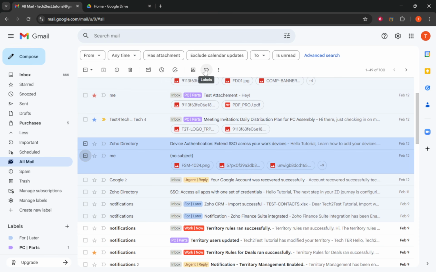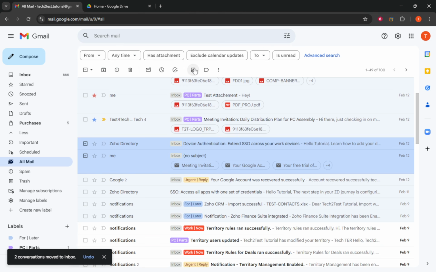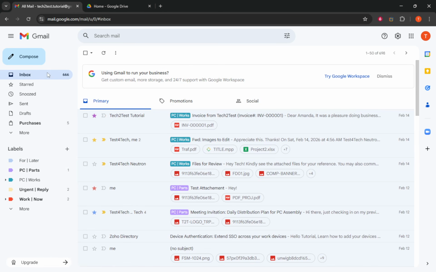A couple of quick reminders before we wrap up. Archived emails are not deleted. They're just removed from your inbox view. Everything you've archived stays in All Mail until you delete it yourself. So whenever something disappears, check All Mail or run a quick search and you'll bring it right back. That's all you need to confidently find and restore